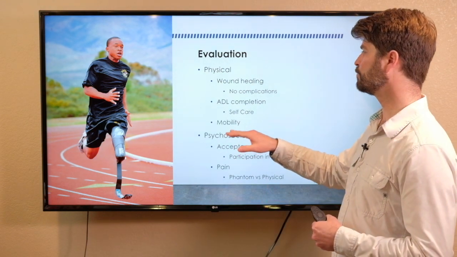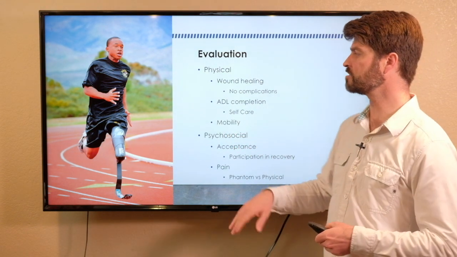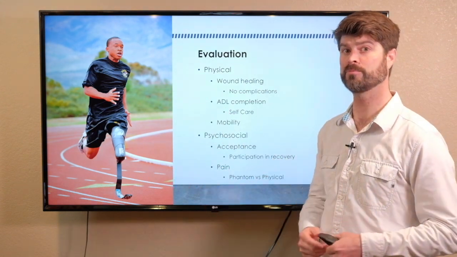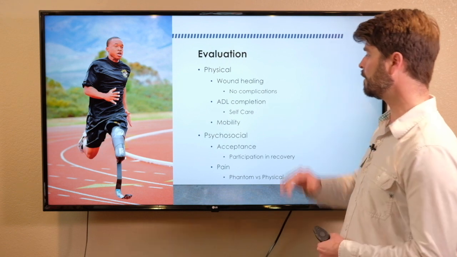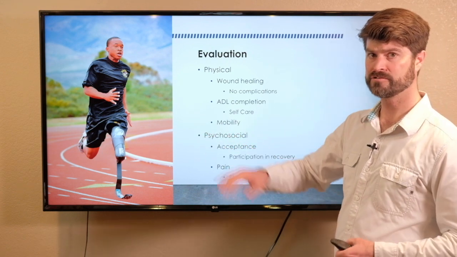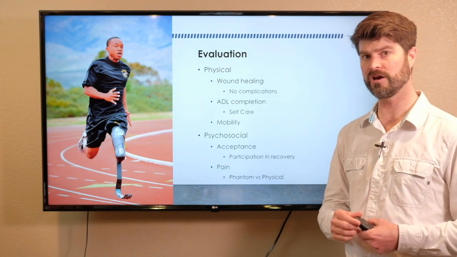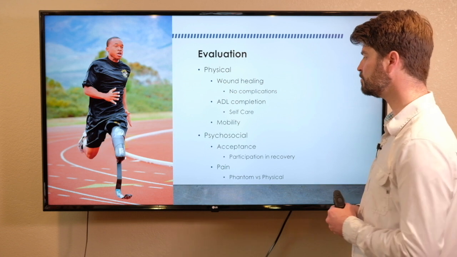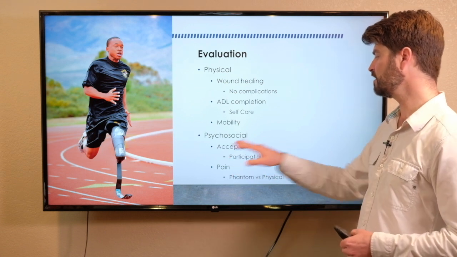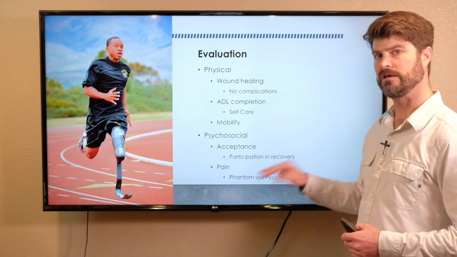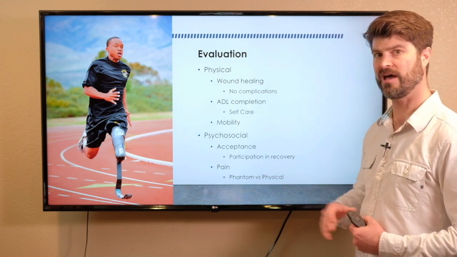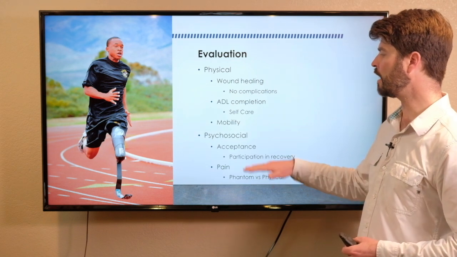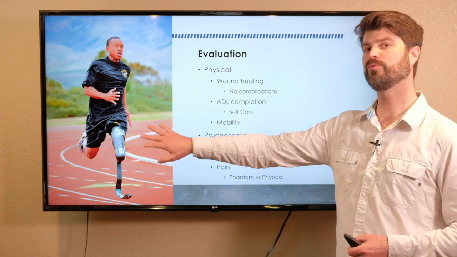As patients go through their rehabilitation, we're going to focus on more mobility and getting up to whatever kind of ambition level they may have or is appropriate for their age. Then the psychosocial stuff. So we're going to start this in hospital care, but this is going to continue for years after patients have these procedures. First thing is acceptance, because this is going to really impact the amount of participation they have in their recovery and in their therapy. So we always want to pay attention to how well are they interacting with their stump,